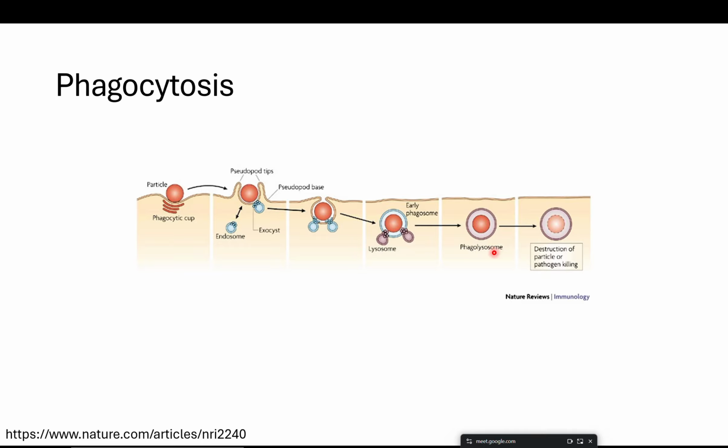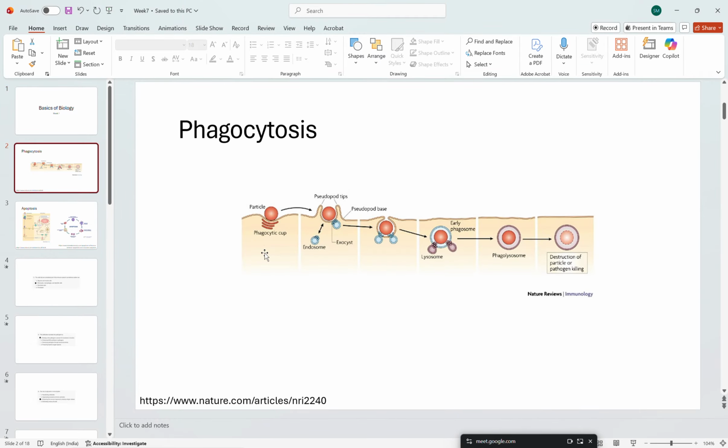This phagolysosome has contents from the lysosome, which are very acidic and can denature almost everything, so they can destroy the particle. The pieces of this particle can then go for antigen presentation. If it's receptor-ligand mediated, then this will be mediated by clathrin or caveolin. These are molecules that are present on the cell surface. In that case, the reaction is more active. The cell cytoskeleton is also involved in making the phagosome, but that depends on the antigen.